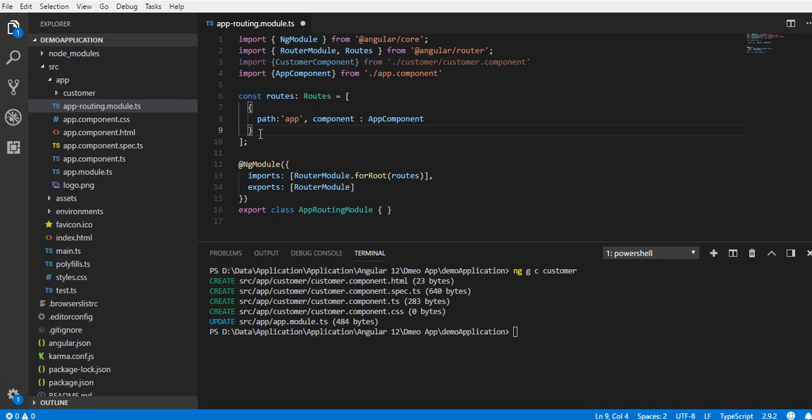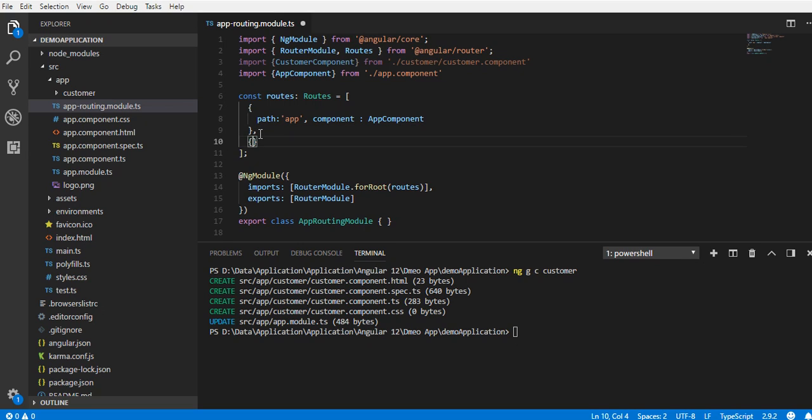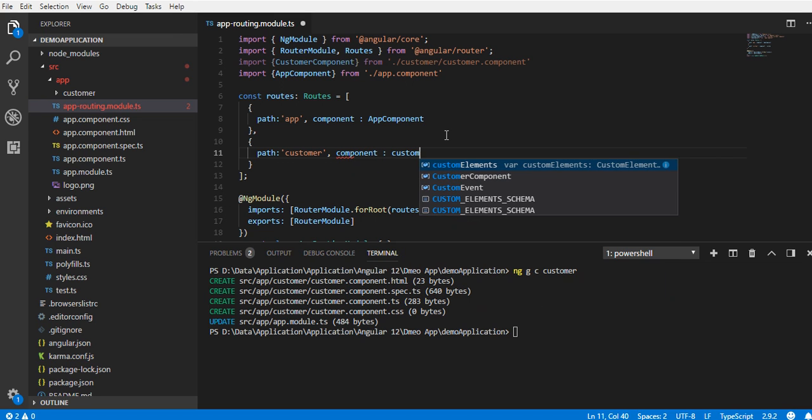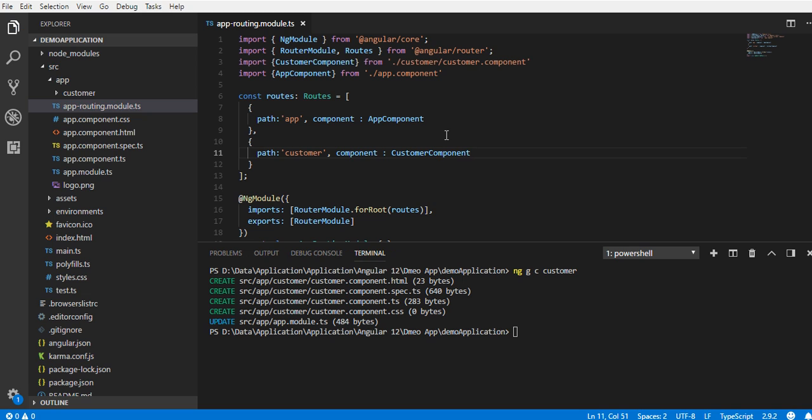So this is one object, or one route. Let's define the other object for the other route. First the path, and for the customer I would say customer, and for the component we need to link the customer component. Save it. Now this part is done.